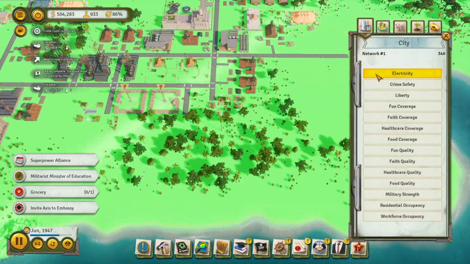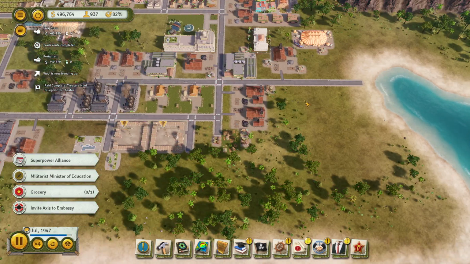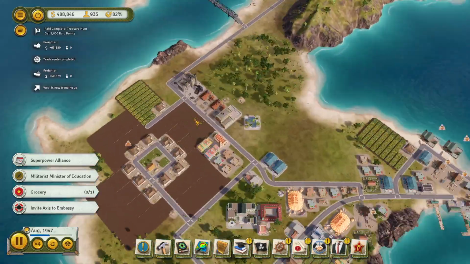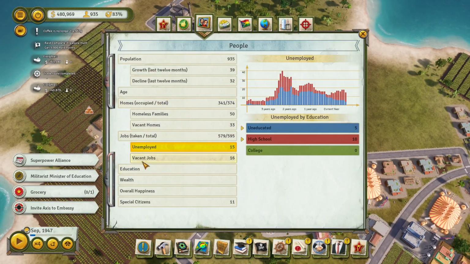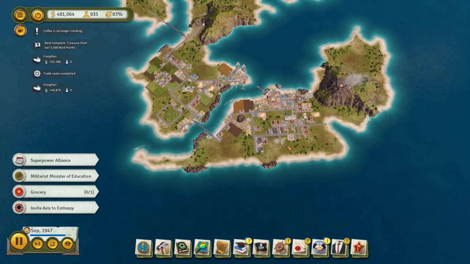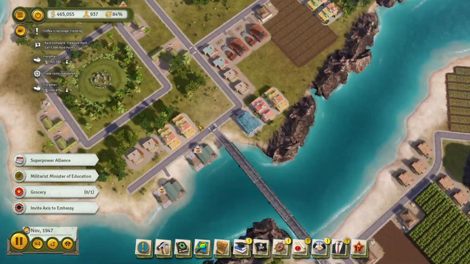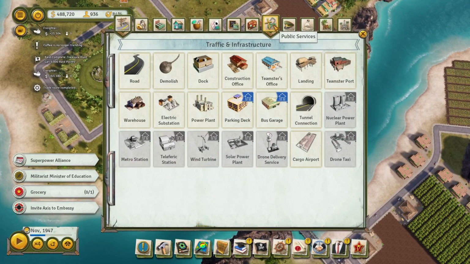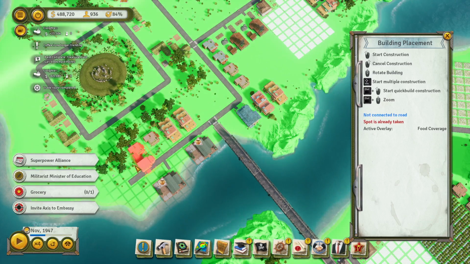Okay, now factories. I guess it's good to move off in this direction to put down my electronics requiring factories. Although, with that said, my cannery might be better off over here. I haven't checked my unemployment in a while, so I'm okay. No, I'm not okay. I have 15 unemployed, and I also have vacant jobs, mostly uneducated. Not a huge deal, but I can take care of that. I have a grocery here. Where can I put in a grocery to do the most good? Let's put it in over here. Yeah, I never get lucky with...